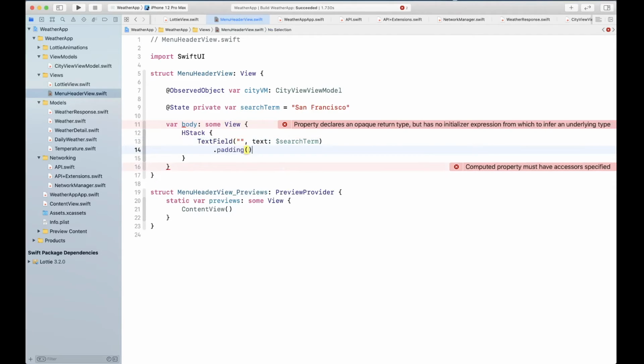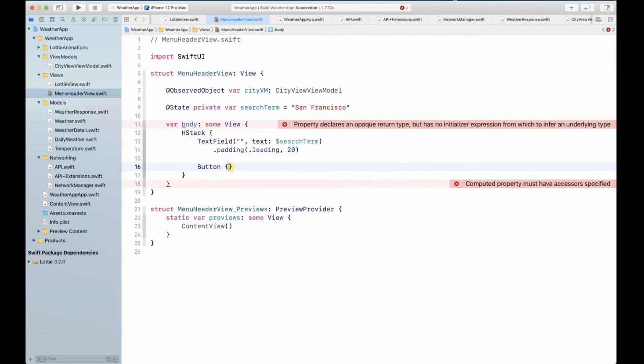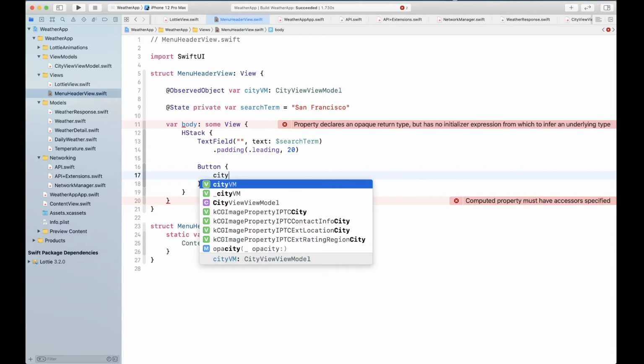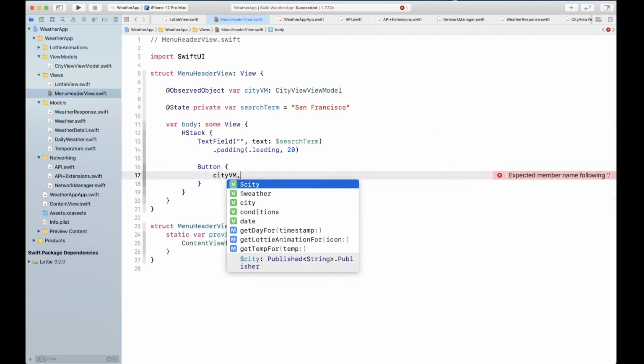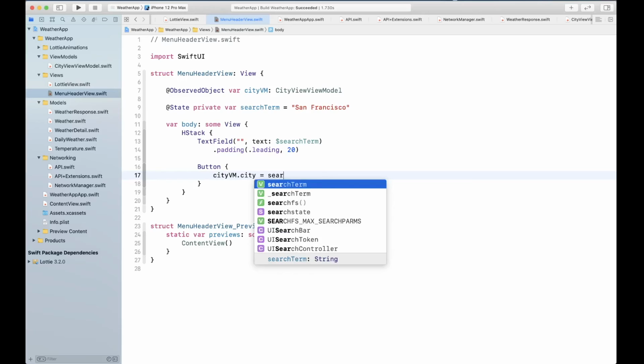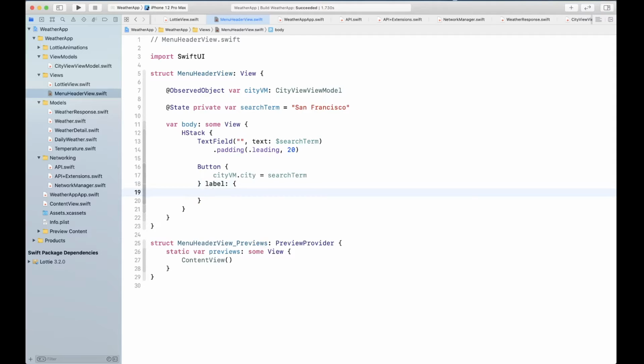You're going to add some padding in the leading direction for 20 points. There's also going to be a button. Now this button is going to act, so we're going to use trailing closure, a new feature, double trailing closures. So we're going to say cityViewModel.city is equal to searchTerm, and then label is the other closure,